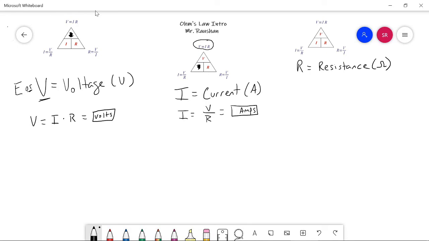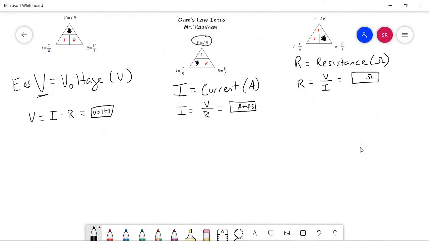Third piece, resistance. What is the formula for resistance? Well, the same setup. Cover up the R with your thumb, and you're left with V over I. So R is equal to V over I. And your answer will be in ohms, or kilo ohms, or mega ohms, however you want to do it. Now we're gonna apply these formulas into an equation and then actually solve for the missing